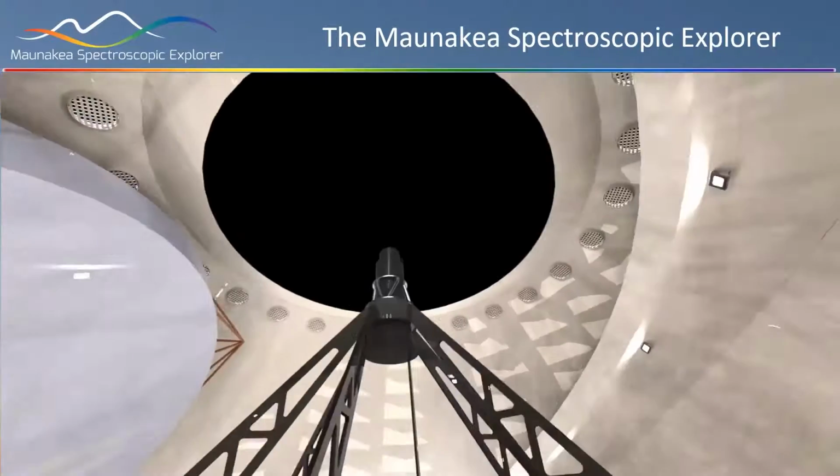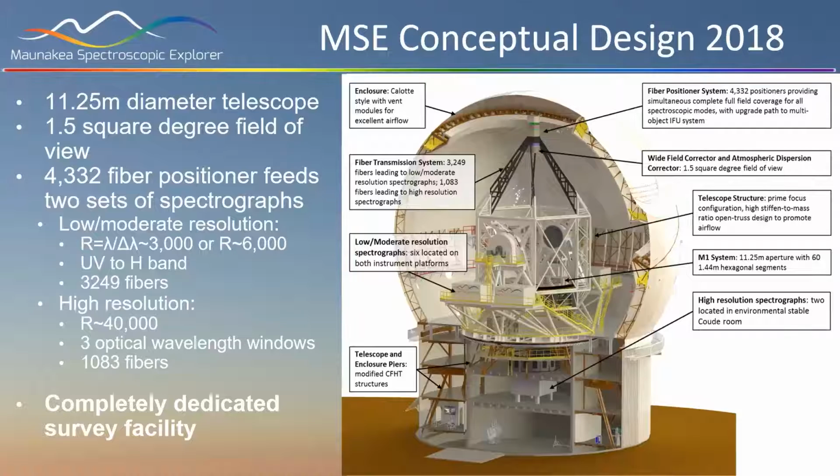And I will stop playing the video now and show you a static view of the telescope so we can talk about what you're looking at. So this is an overview of that conceptual design. As I said, the telescope is a large telescope inside that dome. It's 11.25 meters in diameter. It's a segmented mirror design